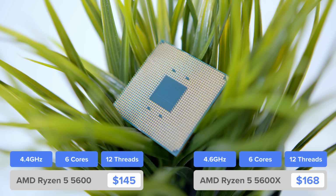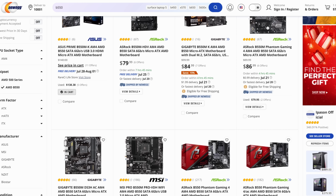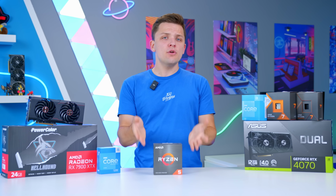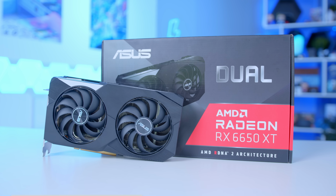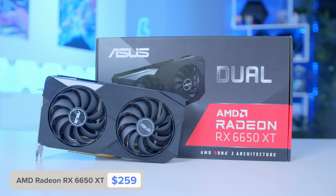That's an incredibly powerful 6-core 12-thread CPU that boosts well over 4.5 GHz with overclocking headroom and cheap motherboard availability. Check out these B550 motherboard deals on Newegg for $150, give or take. In terms of what GPU to pair up with this CPU, I would personally recommend the AMD RX 6650 XT. That's going to help us stay just under that $400 CPU and GPU combo budget and deliver really fantastic 1080p